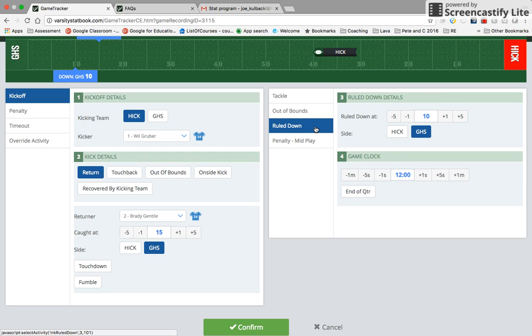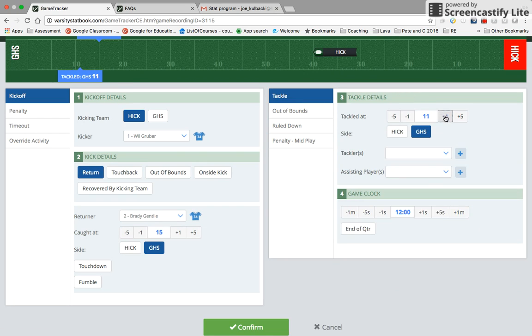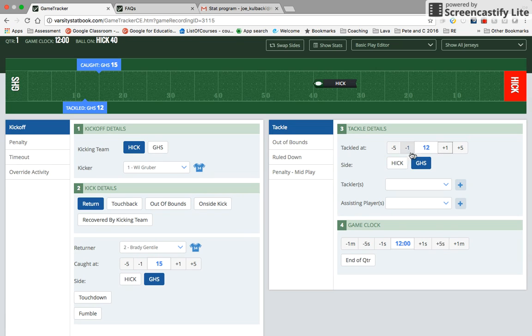Again, I can do ruled down. Let's say there's a penalty. You can get into the penalties, but for this, let's say they were tackled at the 17. They're at the 12 because it went back to